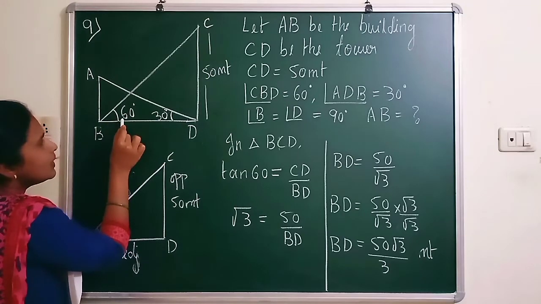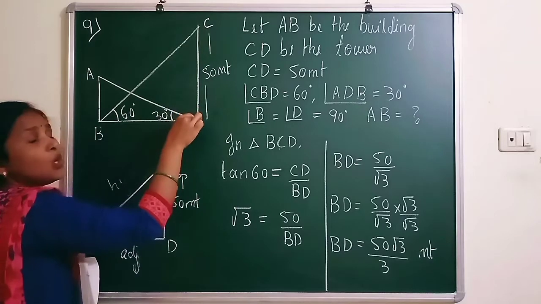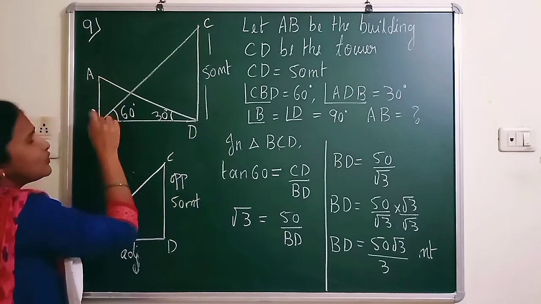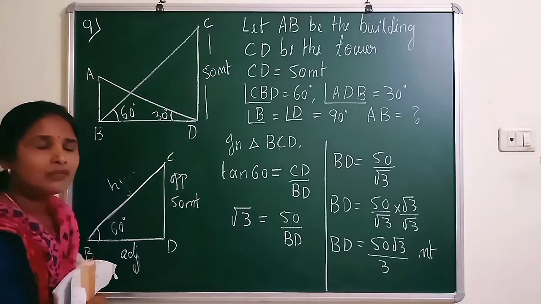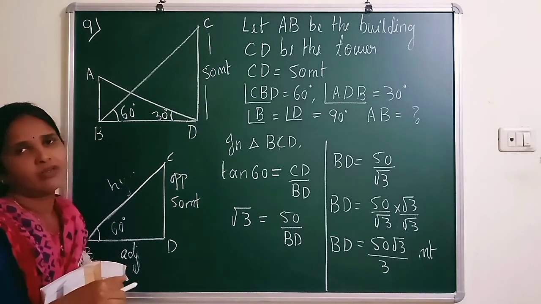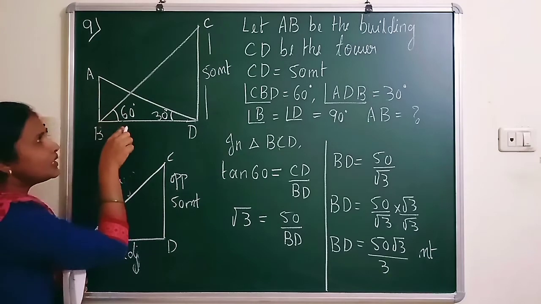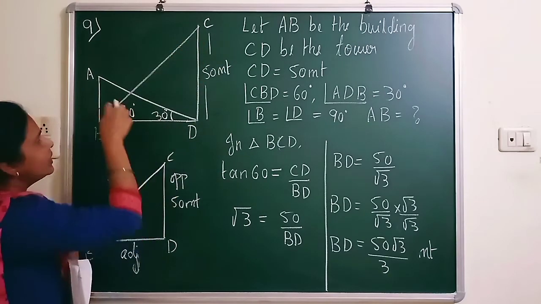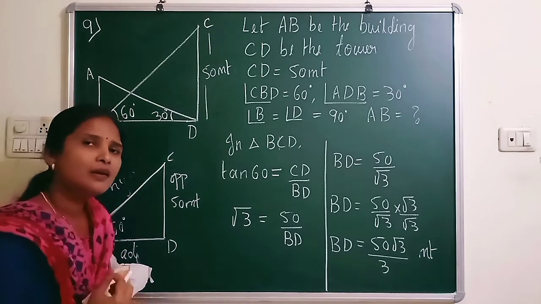Why? However you draw, no problem, but you can see here there is 60 degree in this triangle. Always concentrate: when the angle is greater, the opposite side will be longer. And this is 30 degree, so automatically the height of the building will be smaller than the tower. Sometimes in real life a building will be taller than the tower. But in this case, because of the bigger angle, the tower is longer, and here it is a smaller angle, so the building is smaller. So according to the angles, you can draw the diagram.